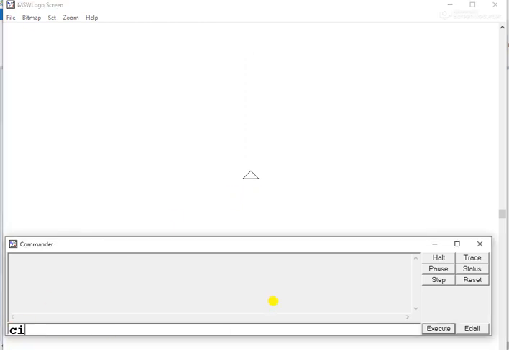To draw a circle, we have a circle command, CIRCLE, and then we have to give one number which is the radius of that circle. So what do you mean by radius? Now this is how we can have one circle. The radius is the distance between the center point and any point on the circumference. This curve shape is called the circumference. So the radius is the distance between the center point and any point on this circumference.